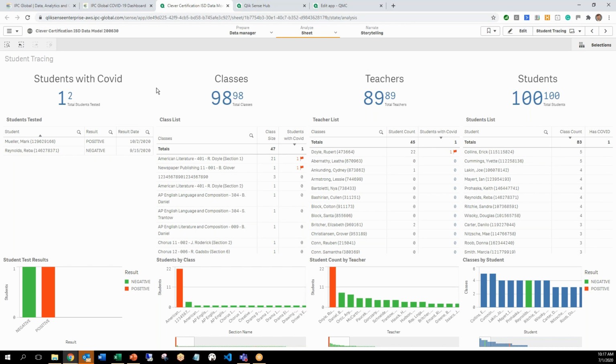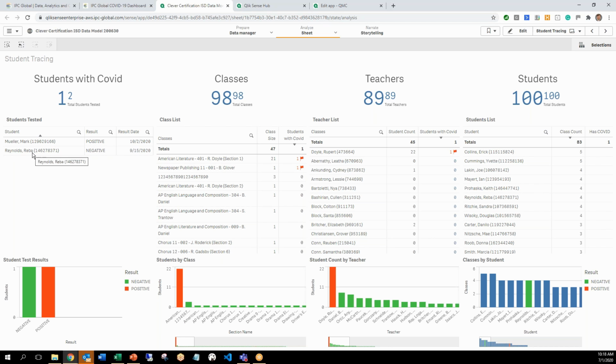So what we did is, you guys might be familiar, most of the student information systems have an API called the Clever API. There's a few of them that allow easy and effective access to student information systems. So we just went out and loaded a bunch of data from the testing site from Clever. In there, they had 100 students, 89 teachers, and 98 classes. And what we did is we enriched this with the clinical information from a district,